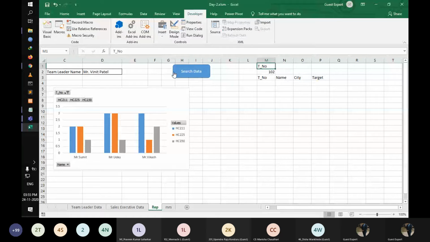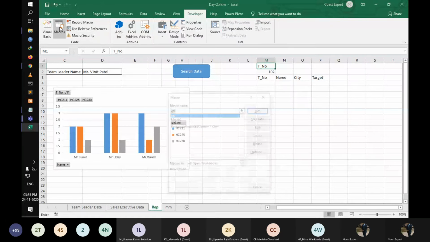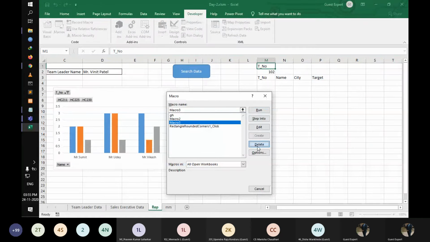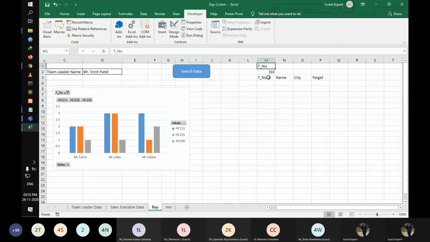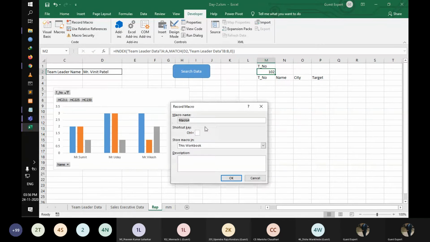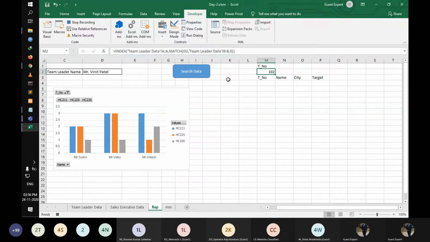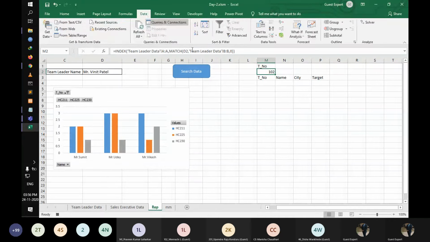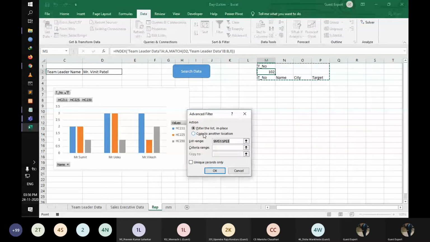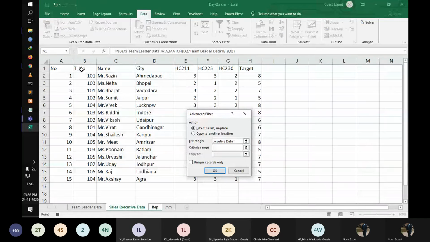So this macro is going to fail. Okay, 102 we have selected, and then we start macro 104. Start the macro, go to Data, Advanced Filter. Okay, so the list. We select the list range over here.